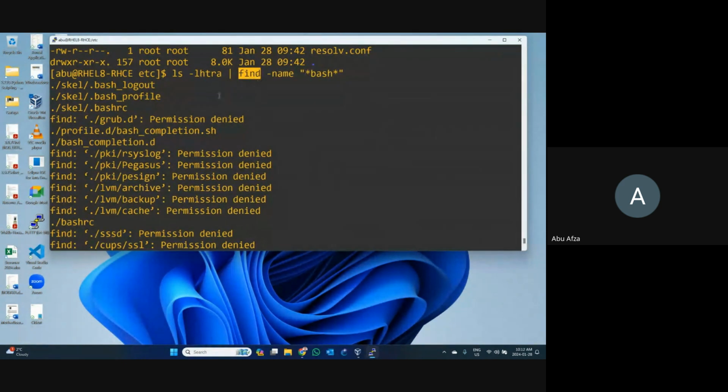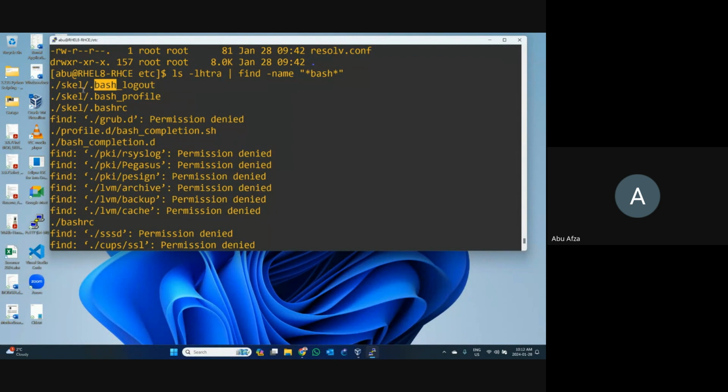So what is this one? This command find. Find means I need to find out something. So we can use the find keyword, and I want to use a file name or folder name or directory name, whatever that one is. I need to find out that one is bash. Bash starts with that bash. I want to see where bash is written in my file or folder name. Like as you can see, bash is in here. On the right side, lots of things are written. On the left side, lots of things are written.